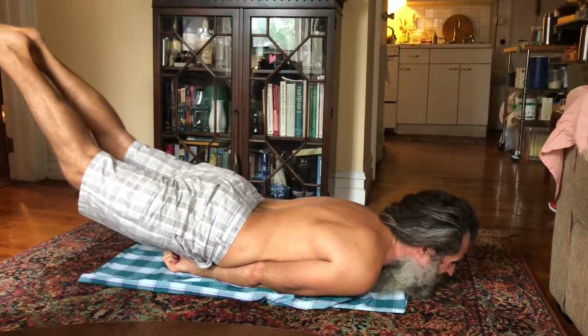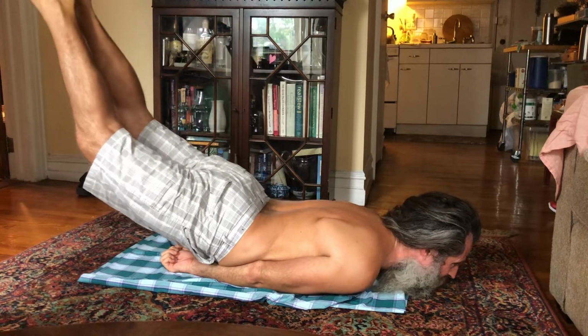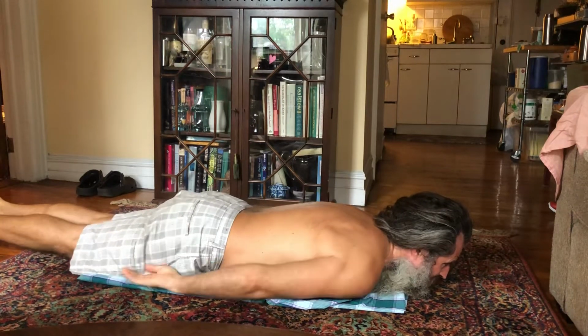And as you see, my chest is flat and my chin is extended on the floor. That's kind of the best way. And you try to keep your legs together as much as you can and just keep lifting them up. It's really good back work. If you feel inclined, you can mix up the back work. What I usually do every day, though,